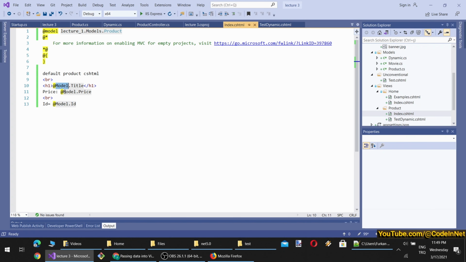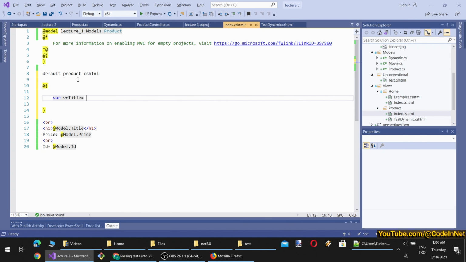I think here we have to make some changes. We will modify this code so it works whether the model is provided or ViewBag is used. We will be able to do that. How we are going to do it is we can make it like this. Okay, equal to, if it is null, then ViewBag.Title, else this. Yeah, should work. Since this is a string, this should work, but I think we need to put a null check here.